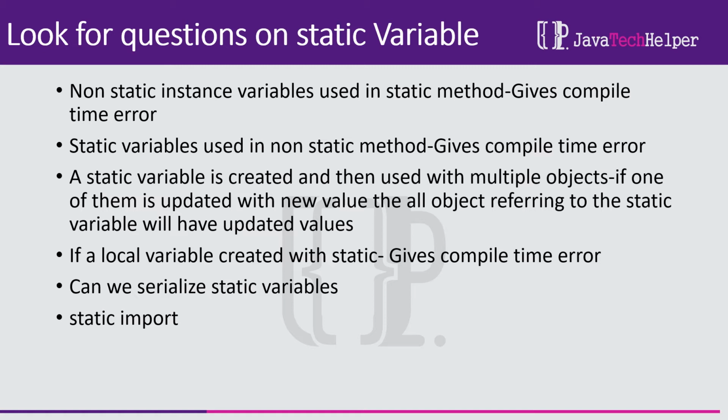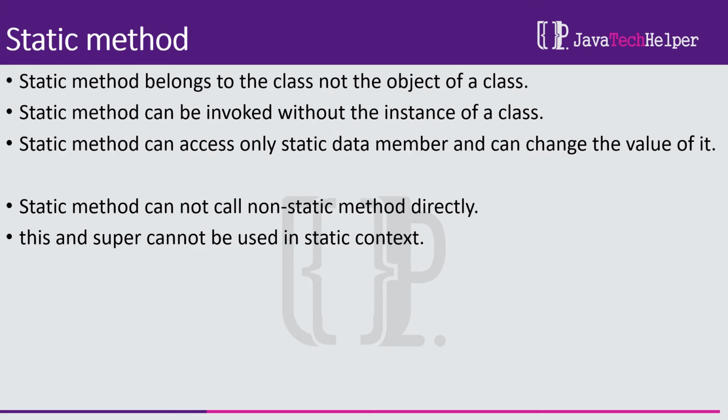Static imports, and uses of static import. What happens when you do a static import of a class? You can directly use all the static methods of that class without giving the class name, like dot notation. If you do a static import on the Math class, you can use all the Math class methods without using Math dot. Say you want to use round, so instead of Math dot round you need not write that, you can just directly use round. Next we'll see about static methods.